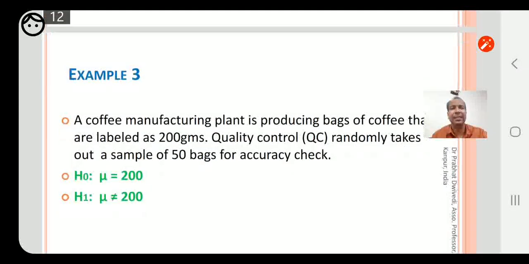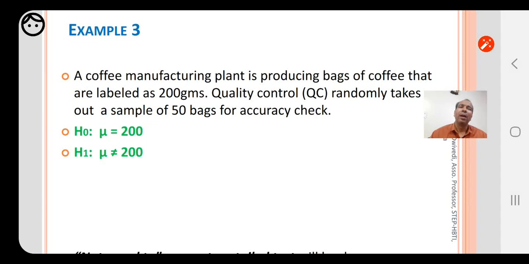Let's take a third example. Let's say a coffee manufacturing plant is producing bags of coffee that are labeled as 200 grams weight. Quality control randomly takes out a sample of 50 bags for an accuracy check. So now what will be the null and alternative hypothesis? Let's see.